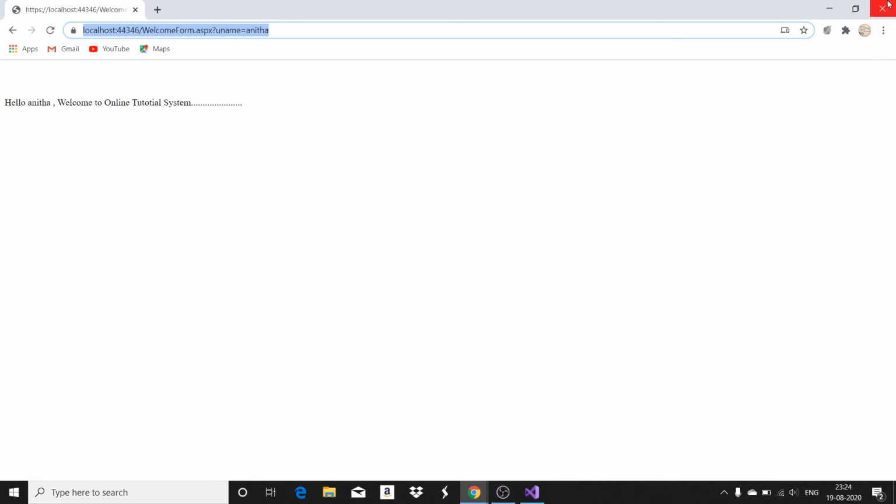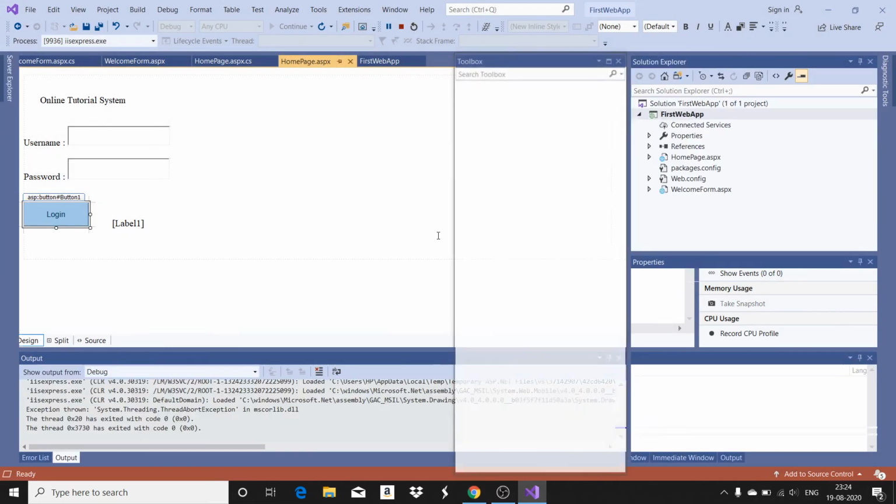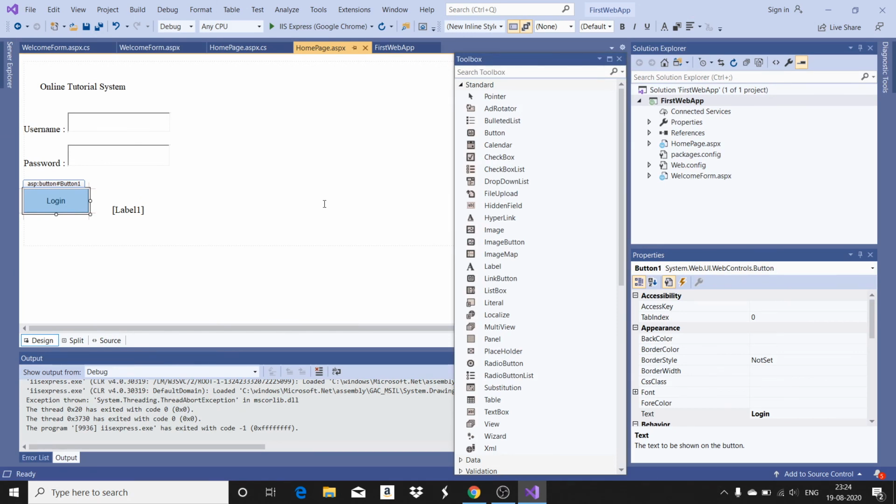So this is a simple web application that shows how a web application can be created, how you can add web forms to the web application, how you can redirect from one web page to another, and how you can pass values from one web page to another. So that is what we discussed in this video.